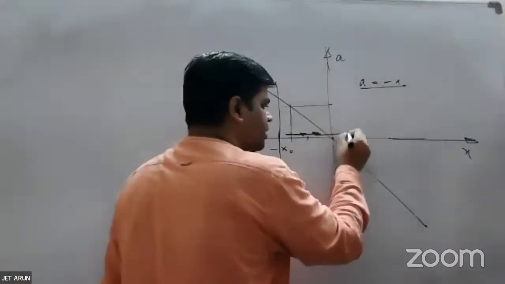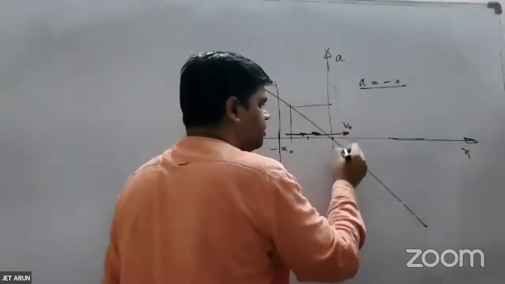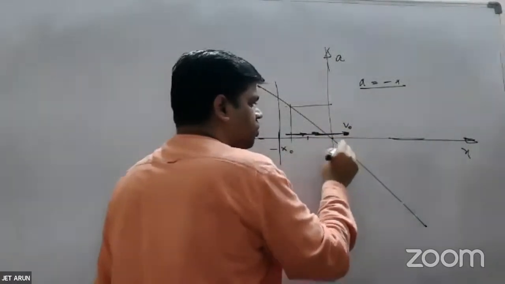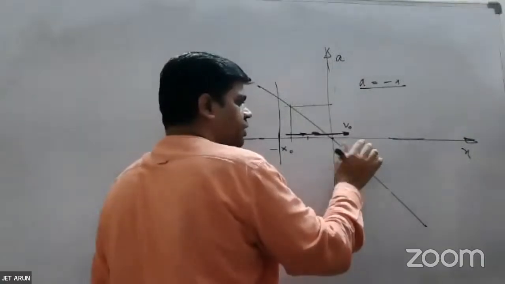It will overshoot. Let's say the velocity is v naught. Once it overshoots, it will cross this point,